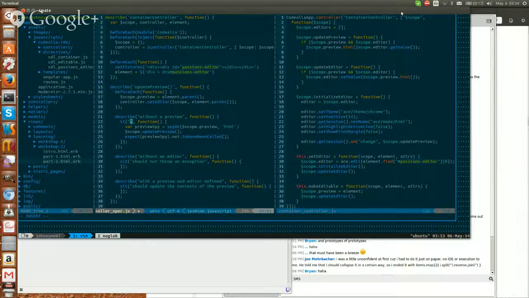Okay, so what this line is doing on the right-hand side on line 13 is it's copying the editable HTML into the editor. So without a preview, it should not try to